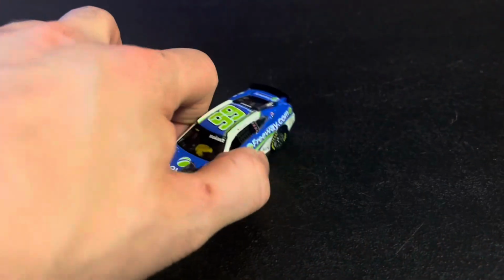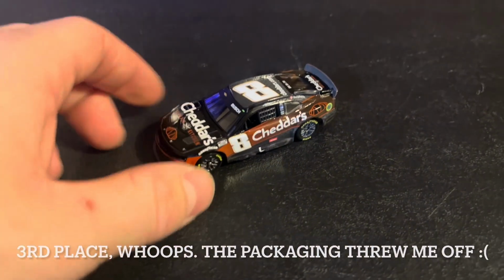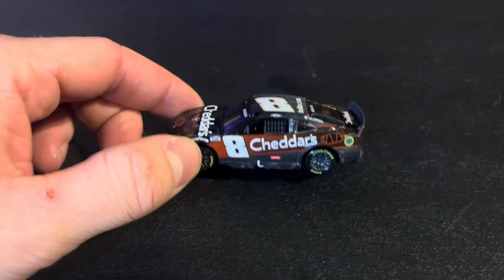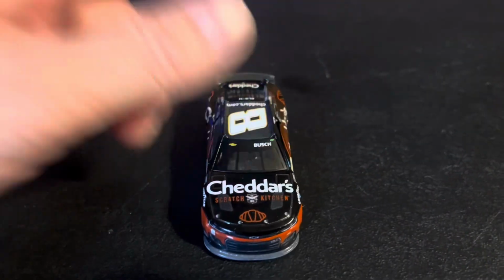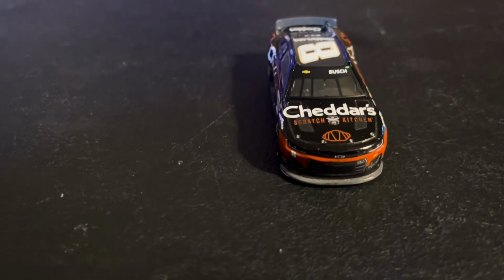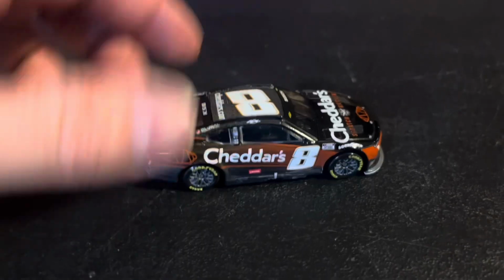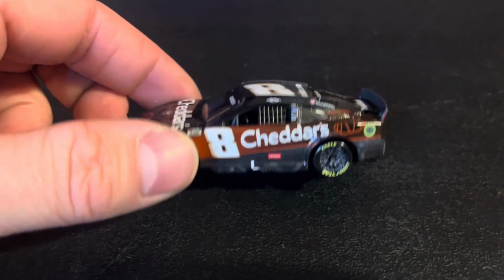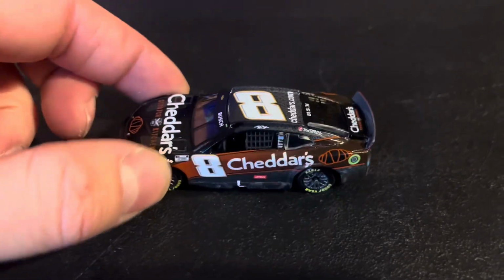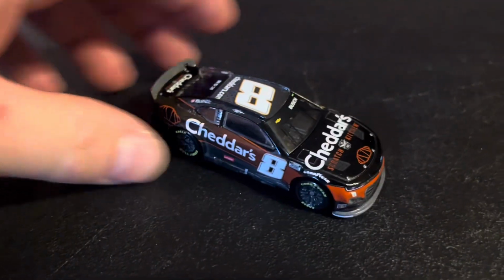So we'll move on to the second place finisher, Kyle Busch, Cheddar's number 8. I do not have the clean version of this to go over with this one, but he's got some damage, of course. I'm sure he was in the mix, all those cautions and crashes too, so he's in there too. Kyle Busch, number 8. Really close to winning a few times this year, but of course this one's the closest. And then